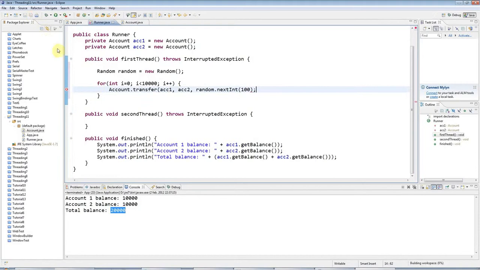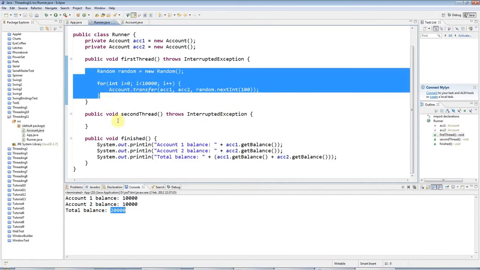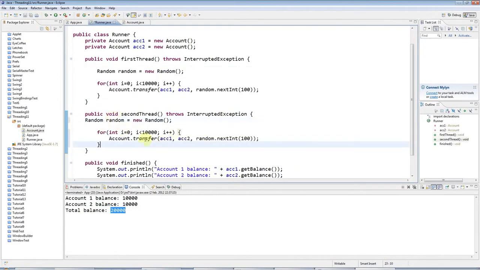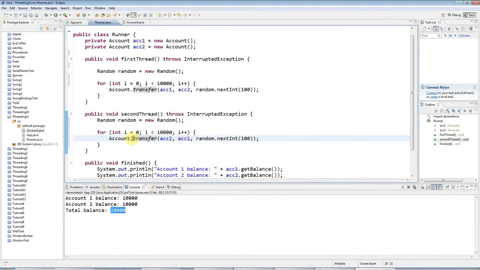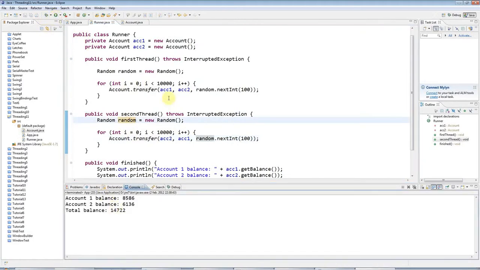And in my second thread I'm going to do the same thing, but make random transfers from account 2 to account 1. The real point of this is to illustrate a problem in multithreading, but the idea is that this is some sort of sprawling banking system, and actually there are not going to be two threads in reality, but a bunch of threads making random transfers between lots and lots of different random accounts. And let's run this, and the total balance should be 20,000, but it's not,